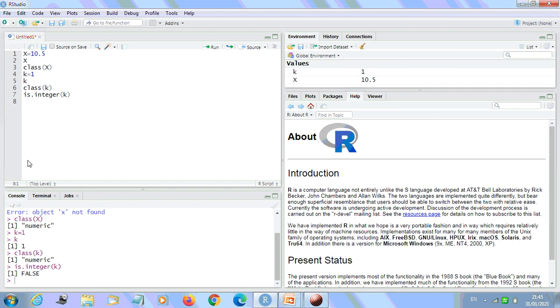In order to create an integer variable in R, we invoke the as.integer function. We can be assured that y is indeed an integer by applying the is.integer function.